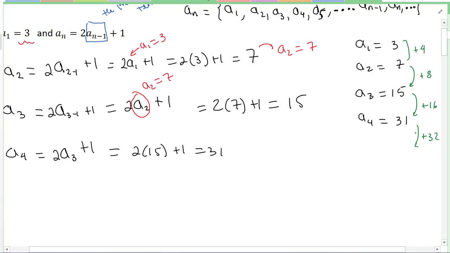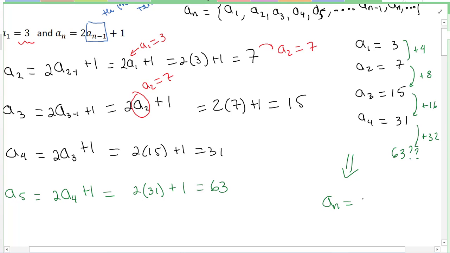So just based on this, if I add 32 to 31, what do I get? I should get 63. So let's check it. So a sub 5 will be 2 times the previous one, 2 times a sub 4 plus 1. So it'll be 2 times 31 plus 1. So 2 times 31 is 62, plus 1 is 63. So that checks. So the fact that the difference is increasing by powers of 2 leads me to believe that